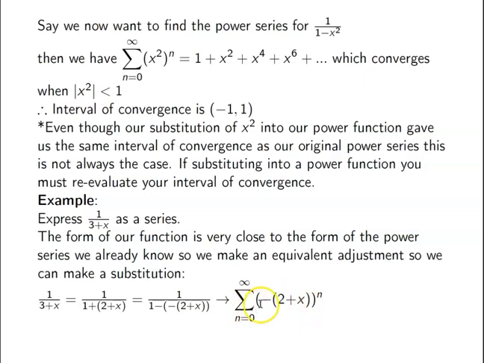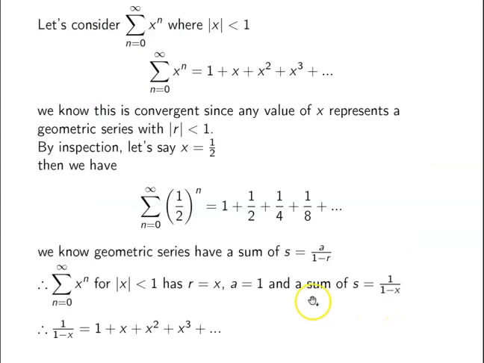Now, remember when we have a negative here to an nth power, it's a lot easier if I just pull this out into an alternating series. Okay. So I have negative 1 and then this 2 plus x to the nth power, right? So this is still a power series, okay? Everywhere I see x, I'm going to replace it with 2 plus x, and I'm going to alternate the signs, right? So that's the change that will be happening to this. So everywhere I see x, I'm going to replace it with 2 plus x, and I'm going to alternate my signs,